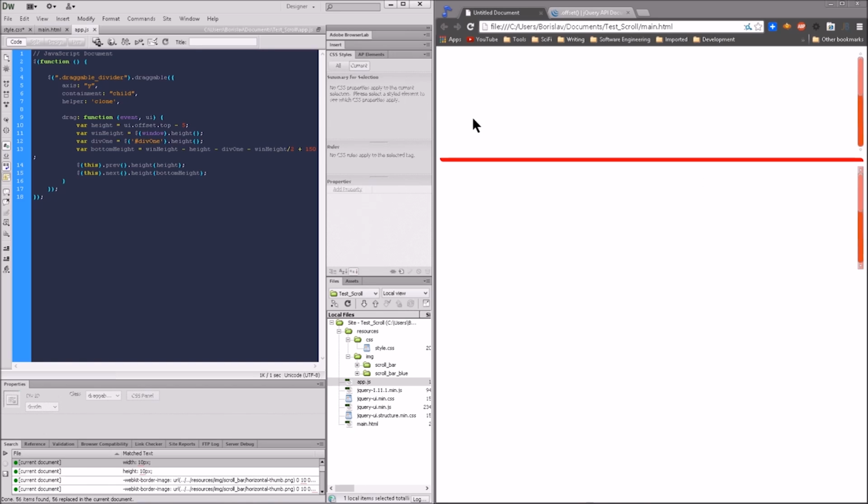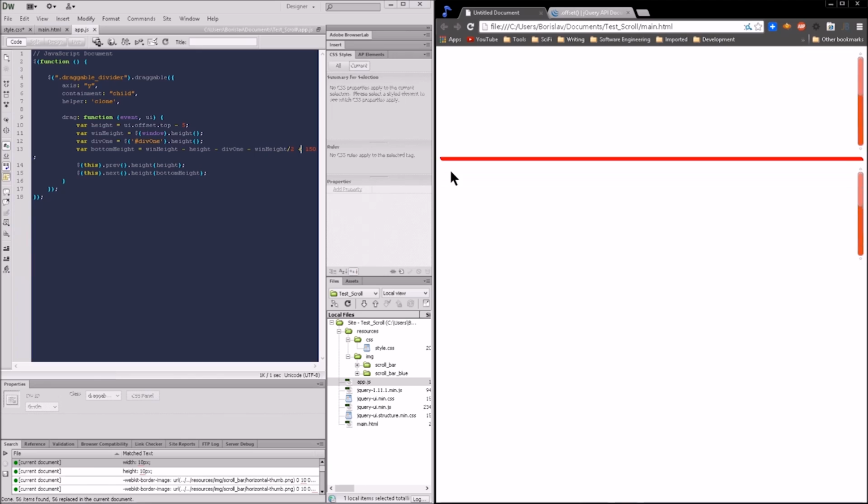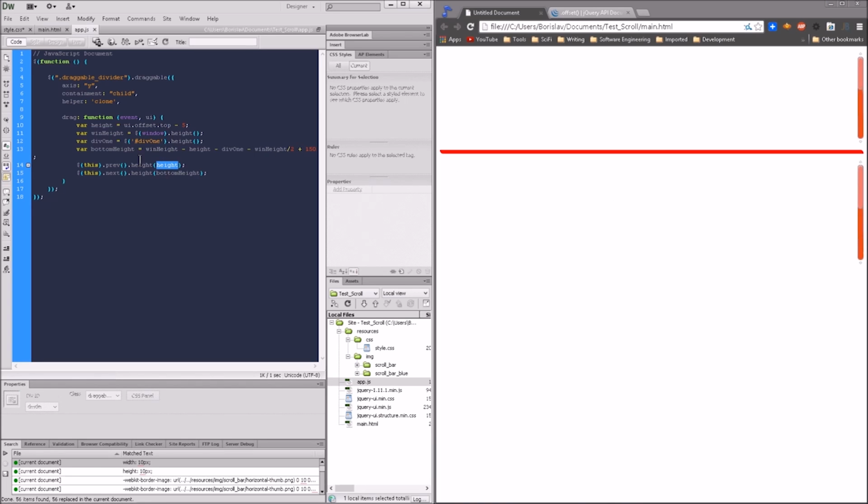So make sure you calculate all these properly. Anything that is above the draggable divider, you need to account for, and anything that is below. And then when we do, I'm passing in height here, UI offset dot top -5. Usually you won't have to do much except UI dot offset dot top, and then minus the menu bar, and then minus whatever else is here. Since I don't have anything here, I'm just doing minus dot top,